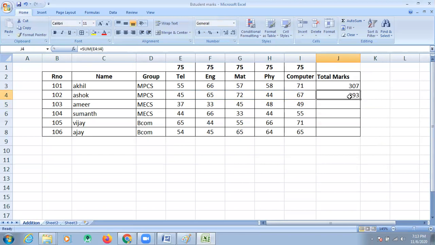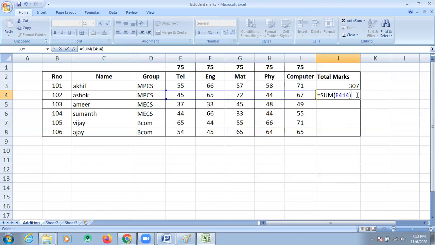Look, automatically. Now if you select the 293, on the formula bar, what will appear? It shows the formula of that selected cell.